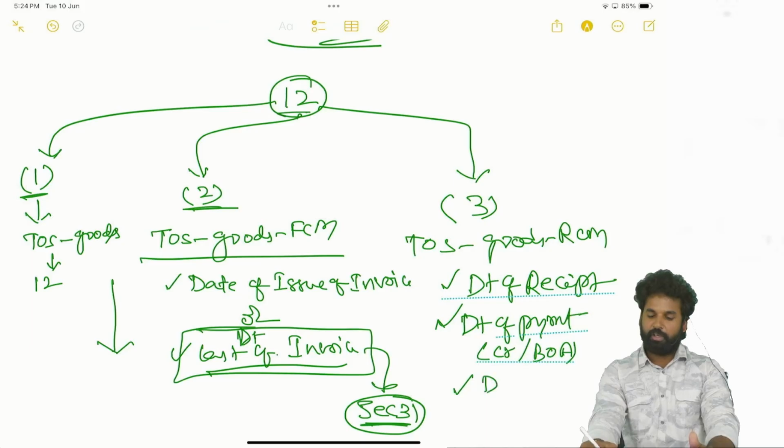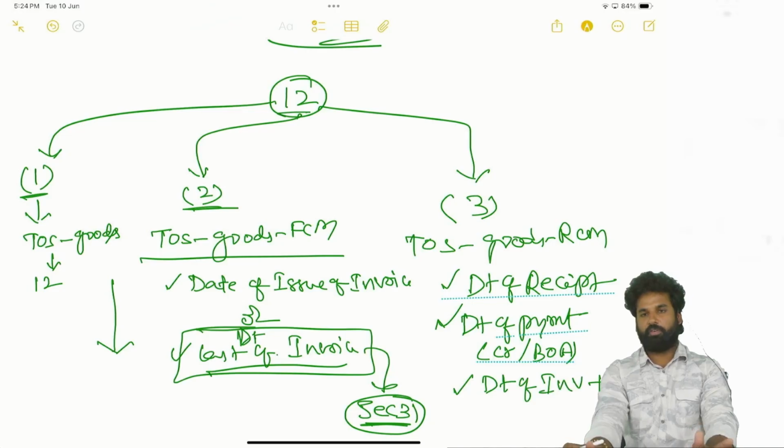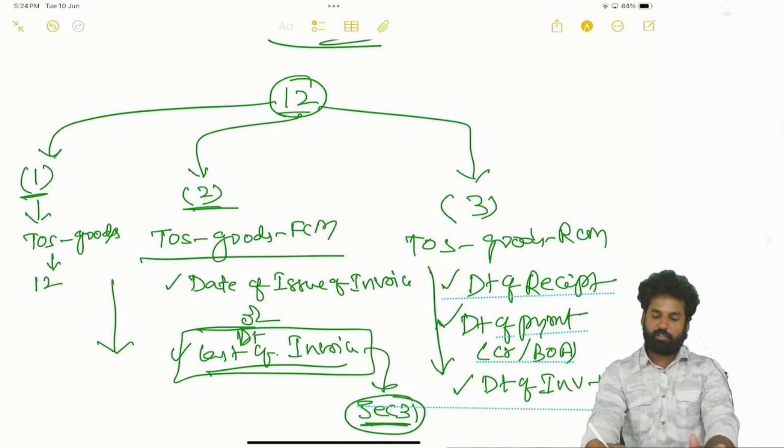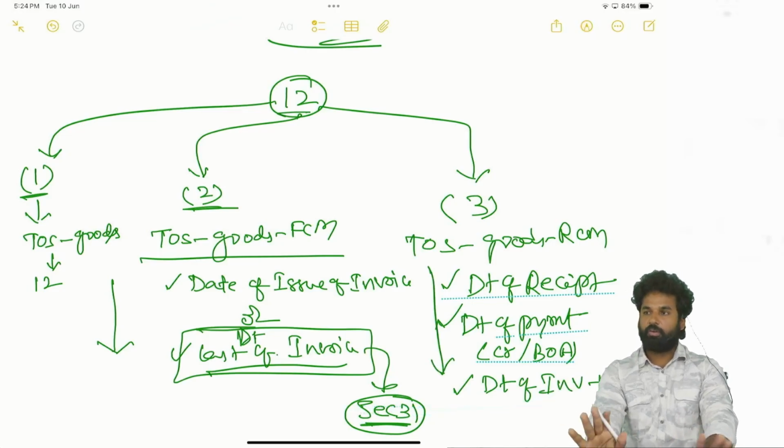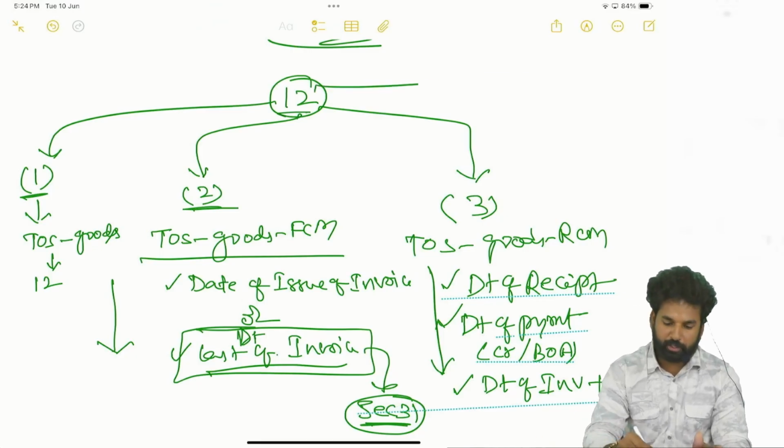Next, date of invoice plus 30 days. That is 31st day from the date of invoice, whichever is earlier. Technically these are 4 dates. Out of these 4 dates, which is the earlier date, that will be the time of supply. Right. Next,